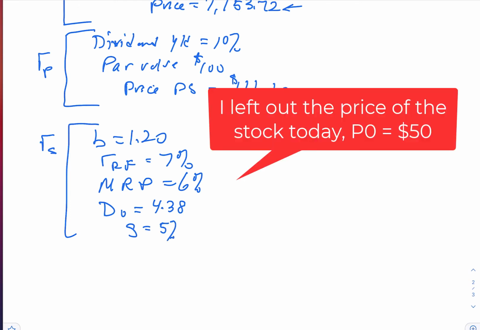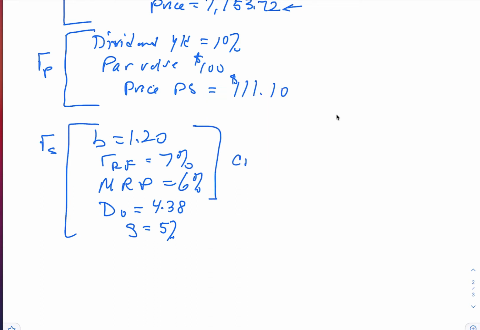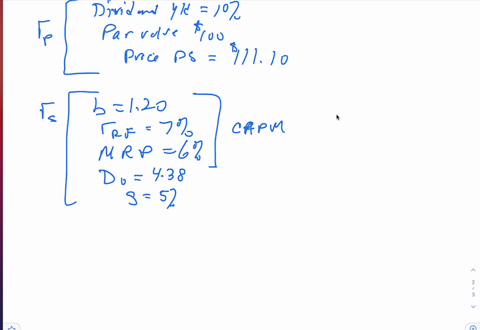And this is screaming CAPM, the capital asset pricing model, because it's the information you plug into the capital asset pricing model. And then one other thing I'm going to give you, because there's various ways of calculating RS. There's more than one way. And one way is called the bond yield plus risk premium method. So what I'll give you here is the bond yield risk premium is 4%. So this is what's given.